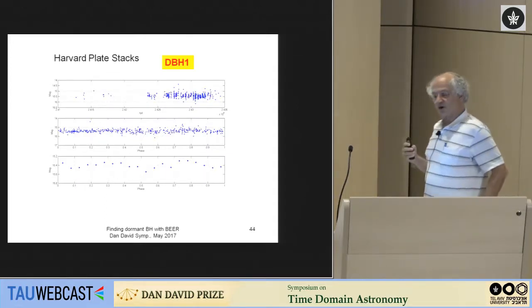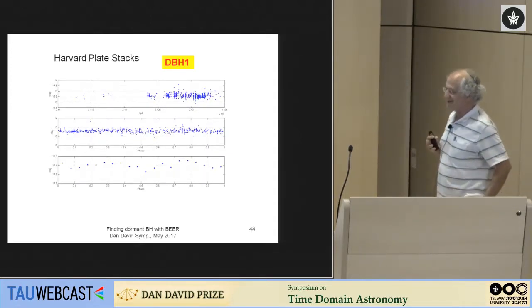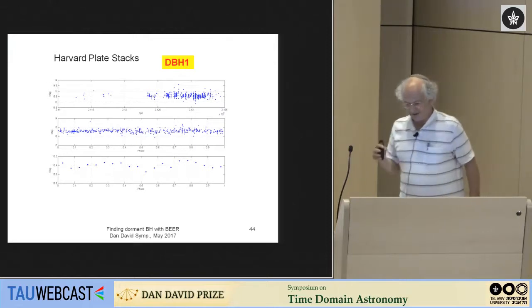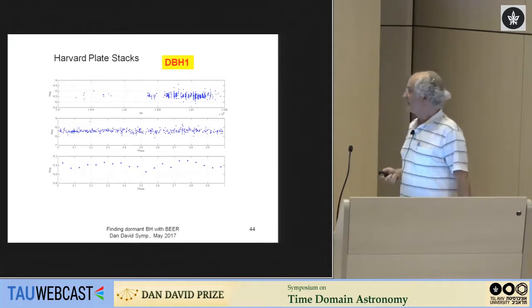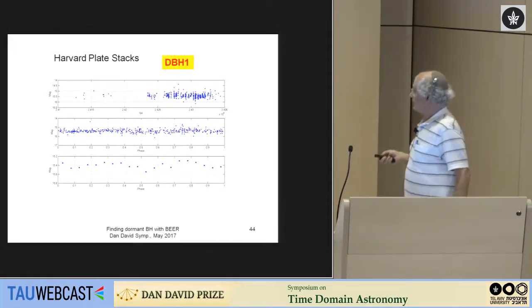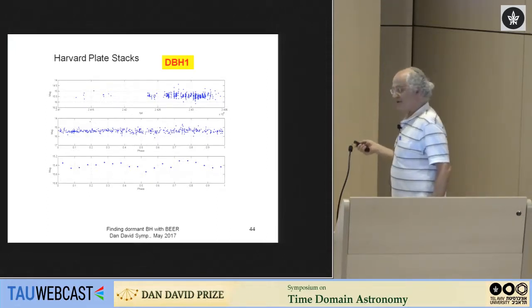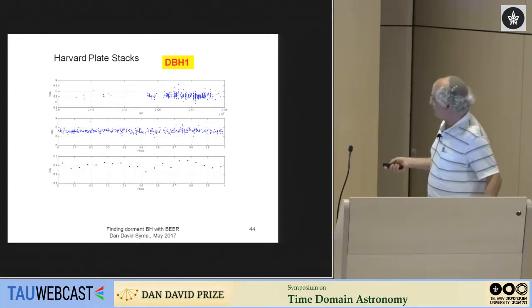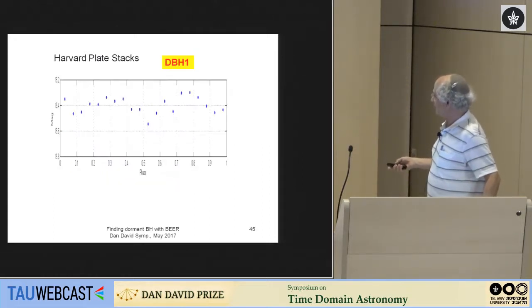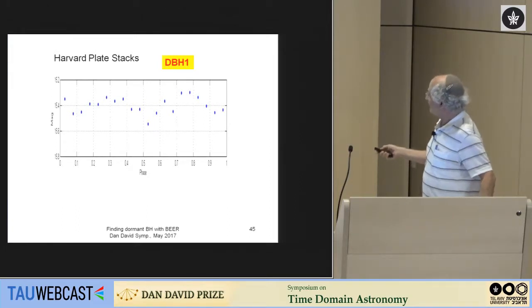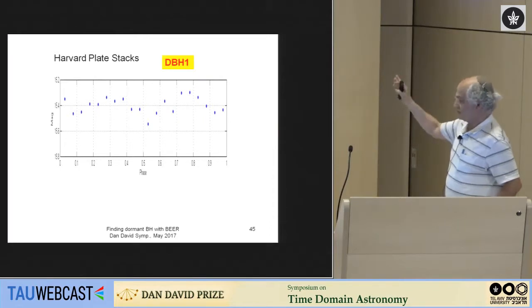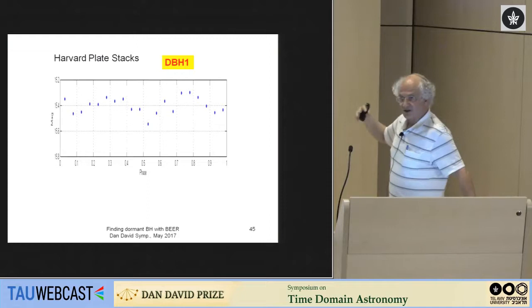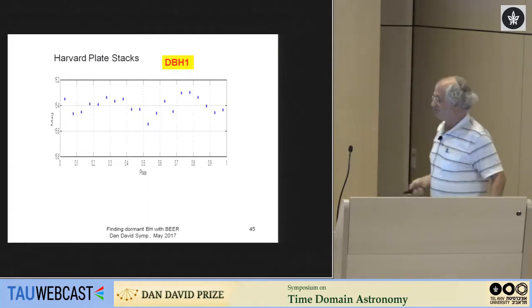In fact, we also went to the Harvard plates, not the plates themselves, but they digitized some of the photometry, and it's also on the web. And it turned out that this one was observed for 60 years. With 60 years, you don't see much, but if you fold the data and bin it, you do see. Even there, you see something. It's not exactly the same, and we still have to work on this. But this also shows that this is ellipsoidal,